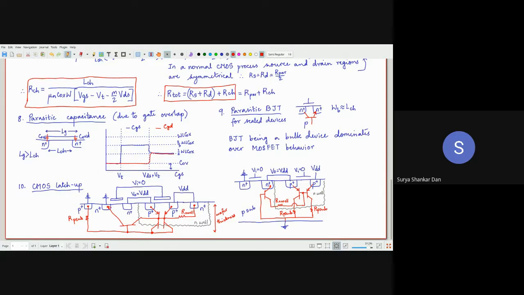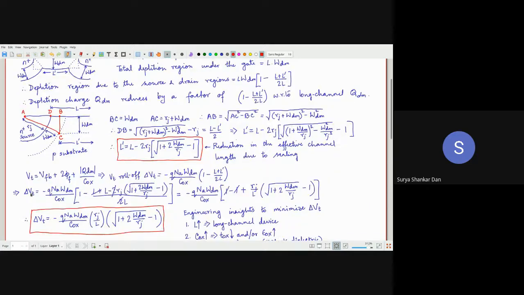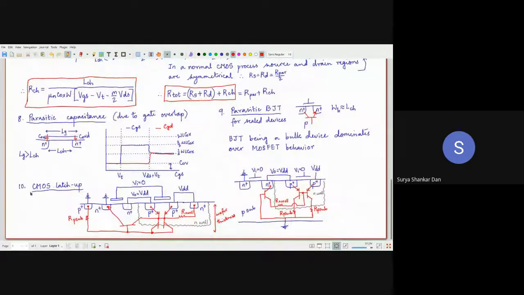Okay, so that's all for today. So we have essentially figured out 10 different problems of short channel effects. In our next lecture, we will begin with velocity saturation effects. Okay, so that means when we are going into 10 nanometer, 14 nanometer technology node. Okay, deep nanoelectronic scale technology. It's not just short channel, it's deep nanometer technology.